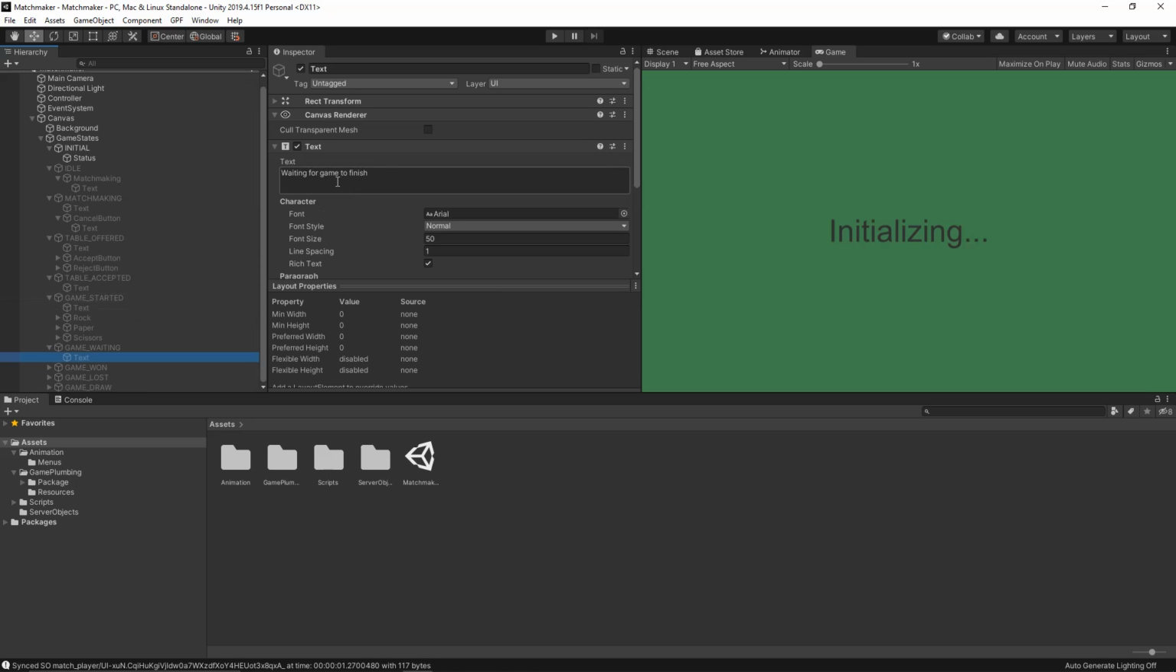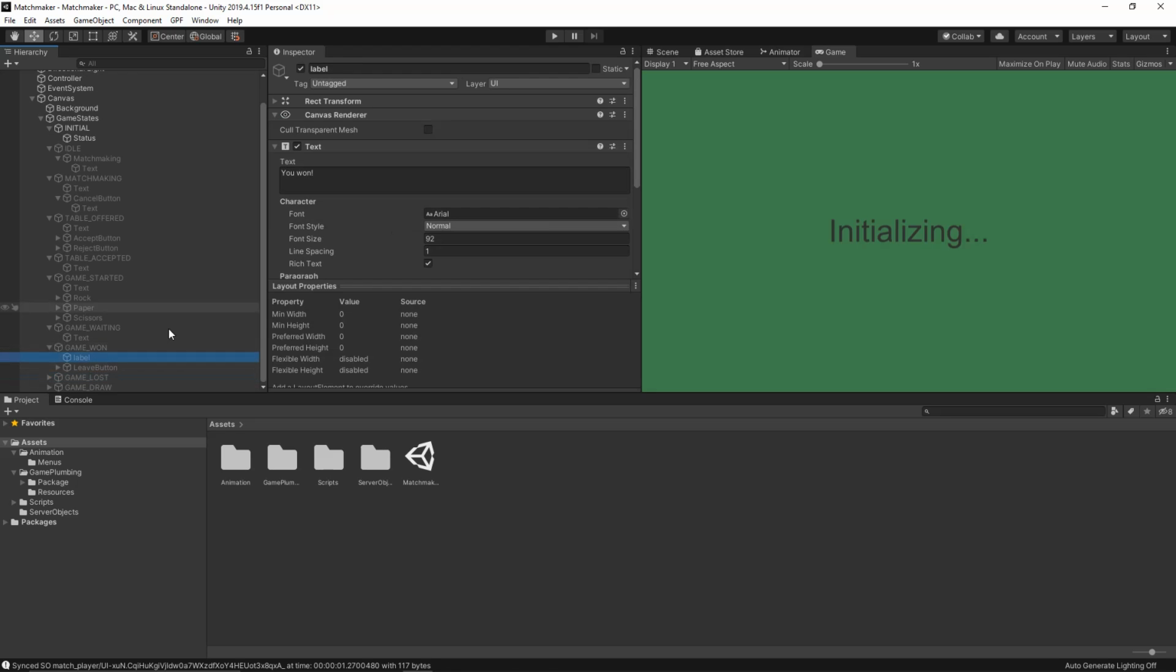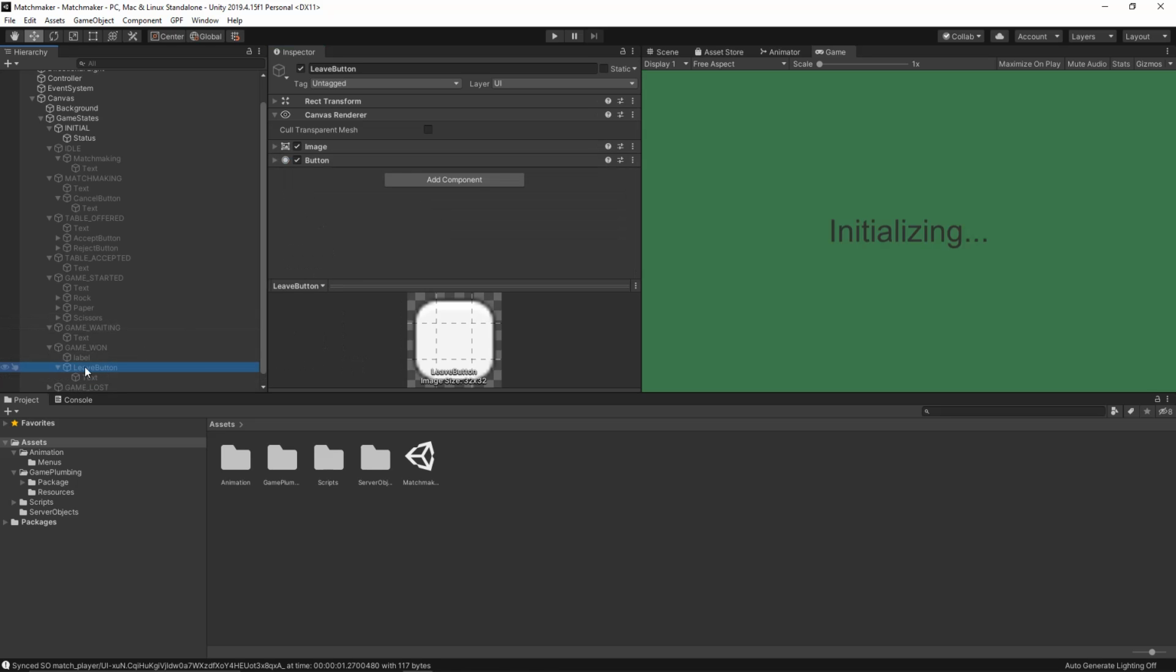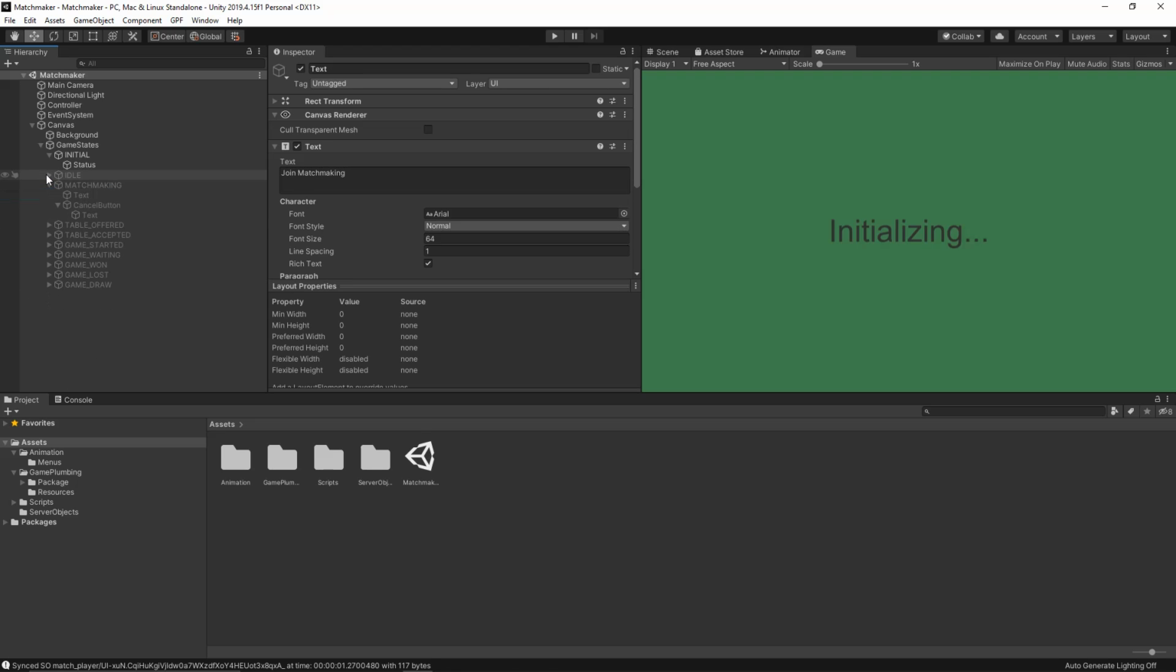While you're waiting for your opponent to make his move, you're going to be in the game waiting state, waiting for game to finish. Finally, when both players have made their move, you're either going to be in game won, game lost, or game draw. And it's just going to tell you whether you won, lost, or draw, and you'll have a button to leave. So we accomplish all of this by simply using our